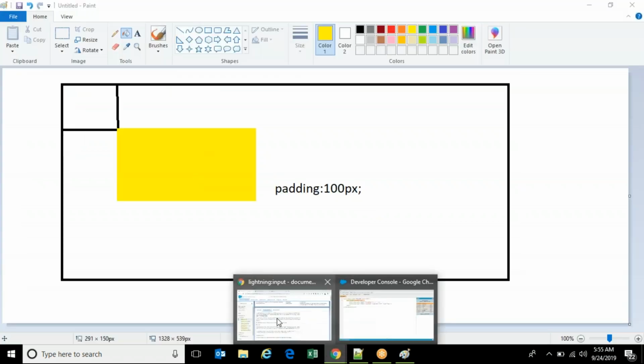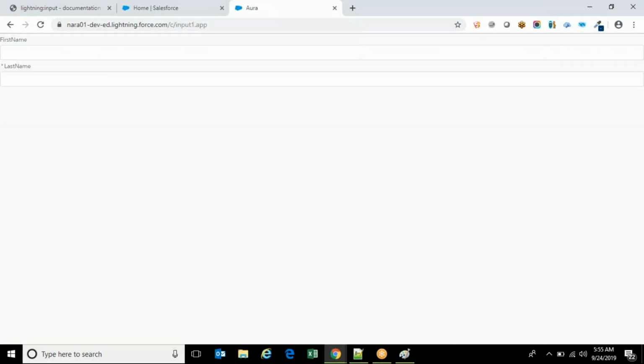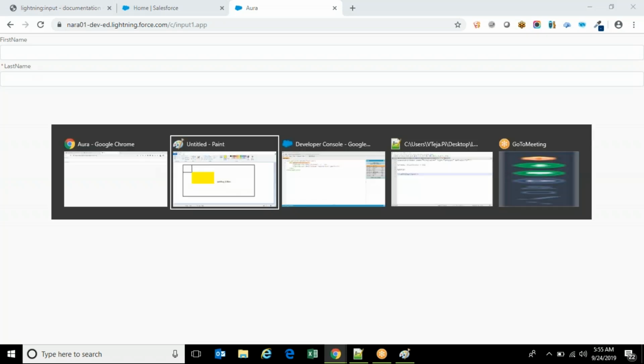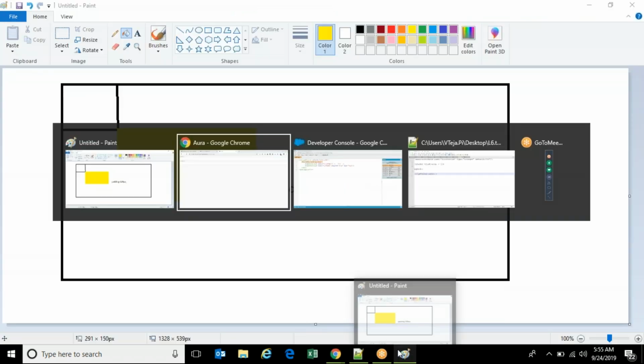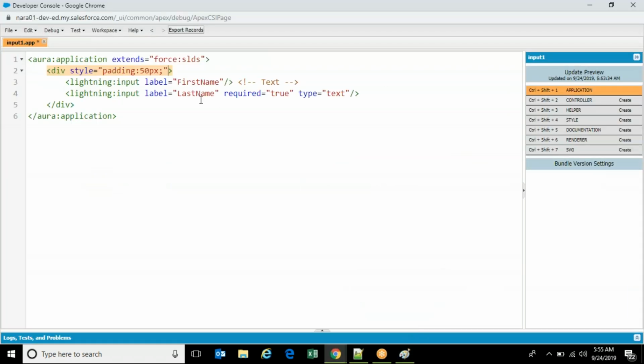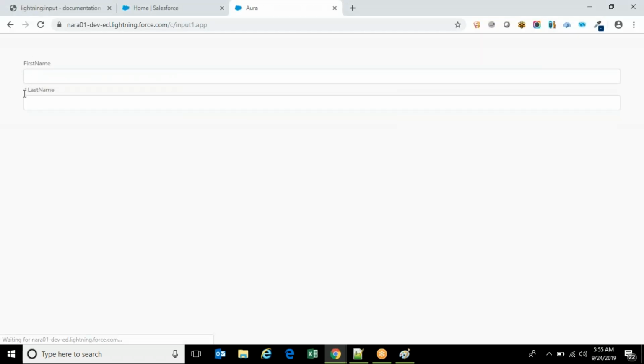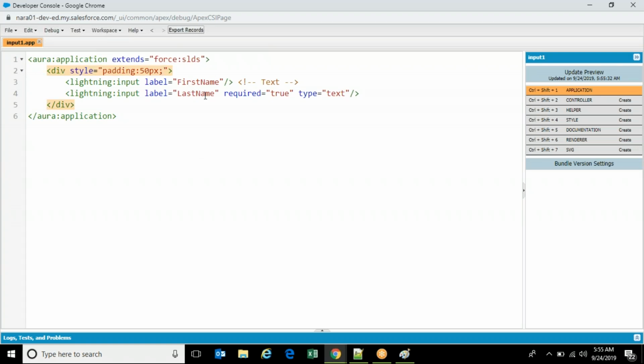Before that, this is your output. Now save this, update your preview. Now you can see the difference. It has padding on the right side, top, and left side. Anyway, you have more space at the bottom. There's a padding, or else you can specify